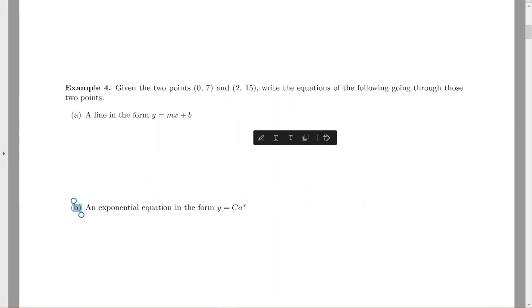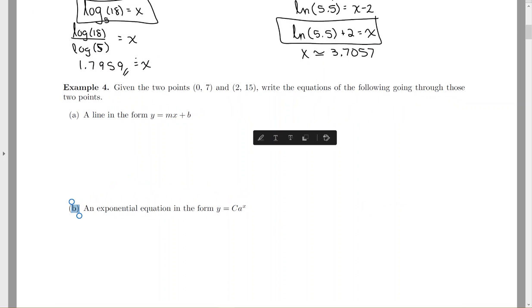These last two examples are asking you to write the equation given information about the problem. So you're given 2 points, you want to write the equation of a line. So we need to know the slope. So we go back to the slope formula, y2 minus y1 over x2 minus x1, using the point 0, 7,